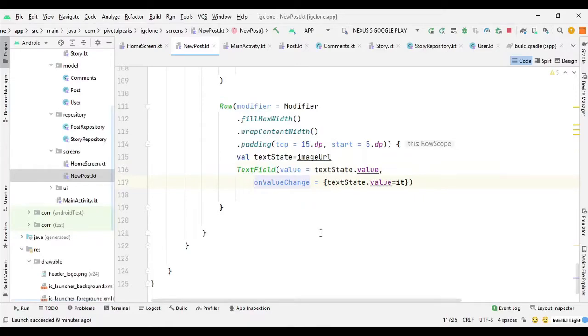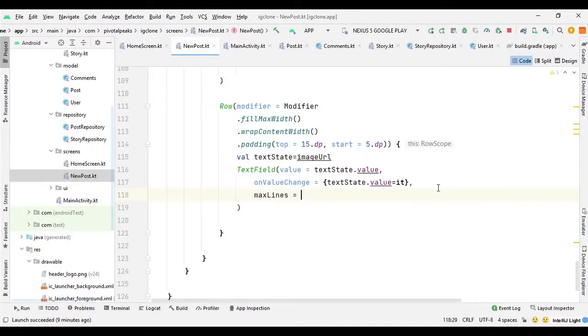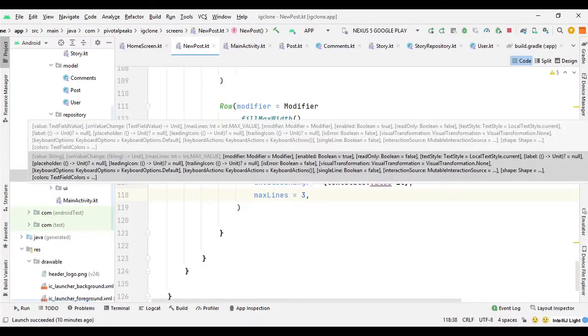and we need a couple more items for this text field. So we need a max line, because URLs can be very long sometimes, so we can say max lines, and we can set it to 3. It's completely up to you. You can set it to 1, 2, 3, 4, whatever you like.